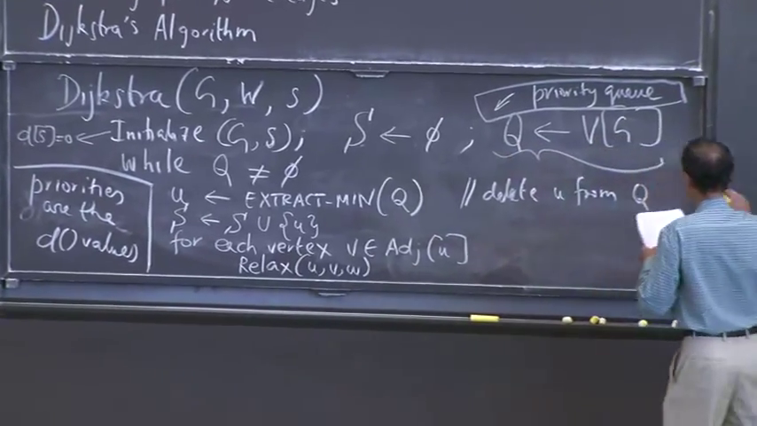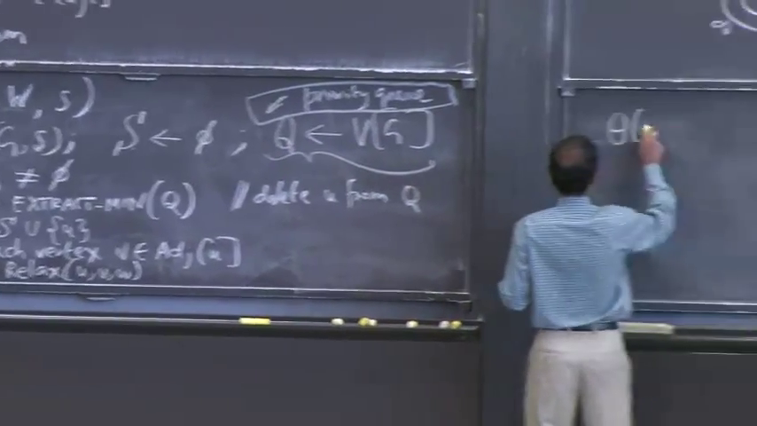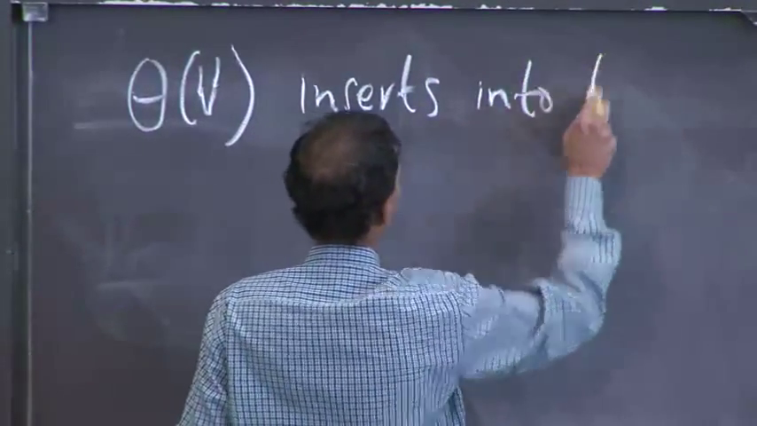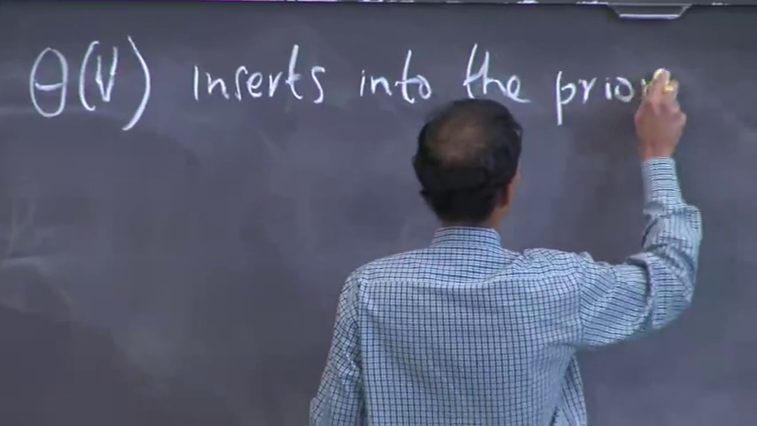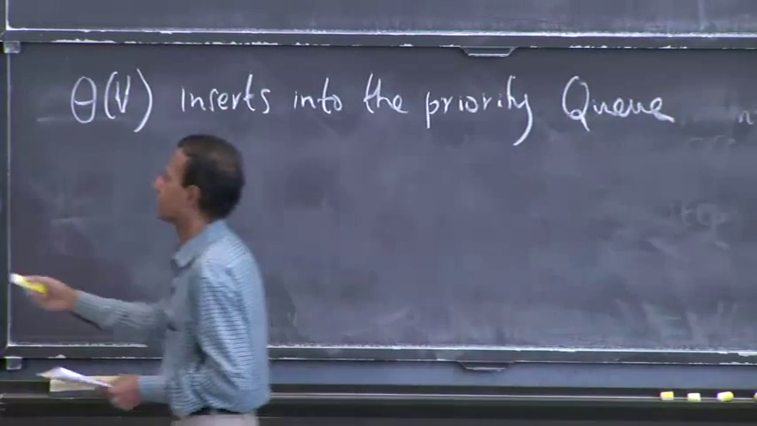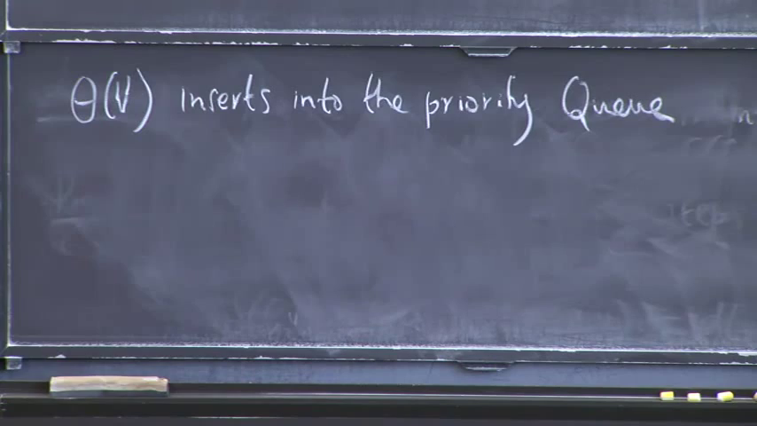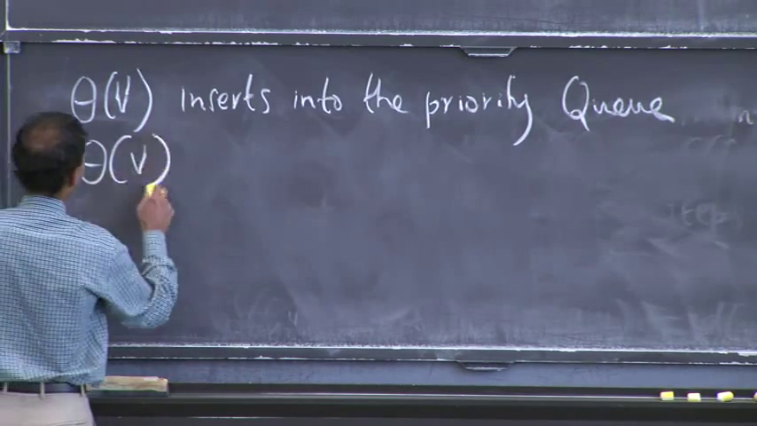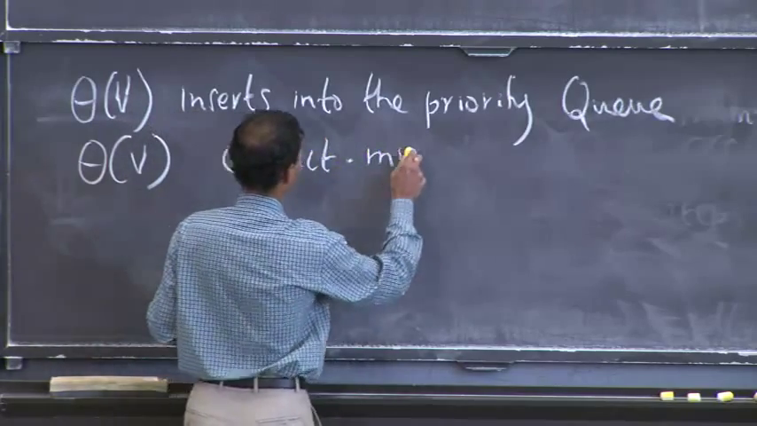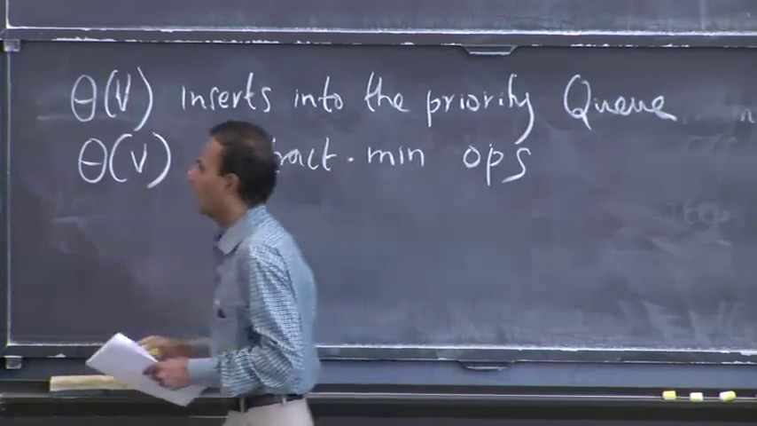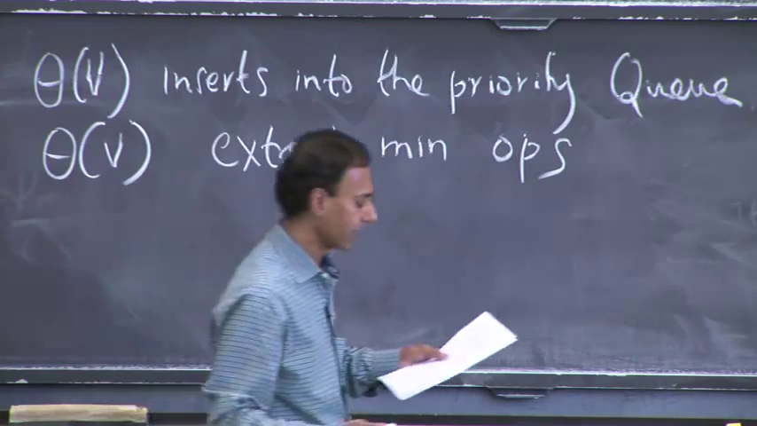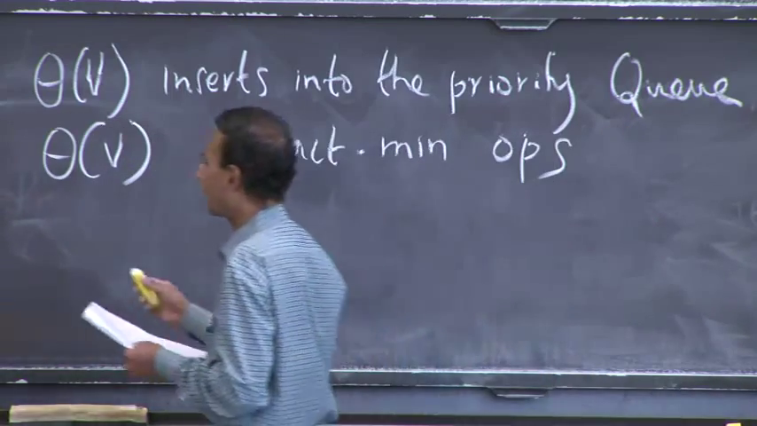I got an operation here corresponding to theta V inserts into the priority queue. And that's inserting things into the queue. I got theta V extract min operations. I'm only going to delete a vertex once, process a vertex once, and that's why I have theta V extract operations. And I have theta E